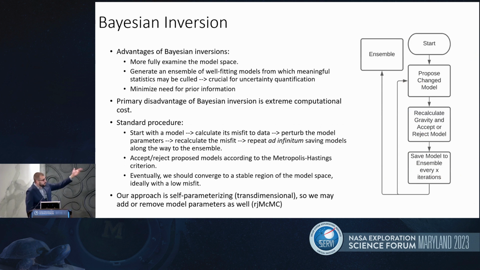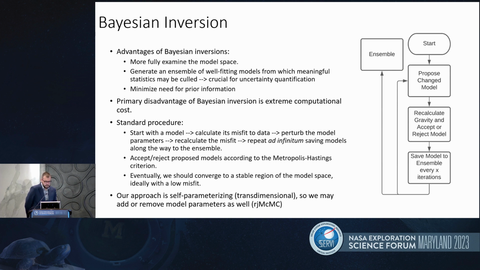So the flow chart here really gives the gist of the story for this Bayesian inversion. I use a reversible jump Markov chain Monte Carlo algorithm. So we start, we propose some sort of a model. We go ahead and we figure out what the misfit is from that forward modeled structure. We compare it to our actual data, and we go ahead and we accept or reject this model. If the data fit improves, we always accept it. If it doesn't improve, we might accept it with some